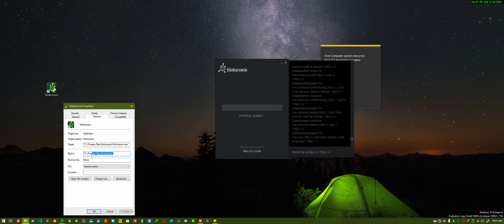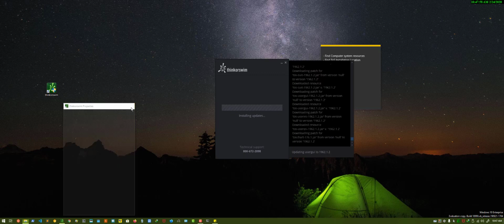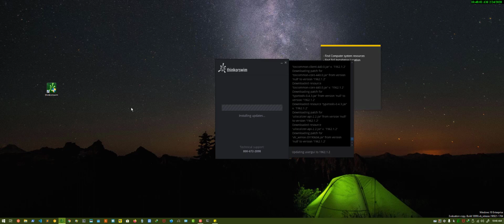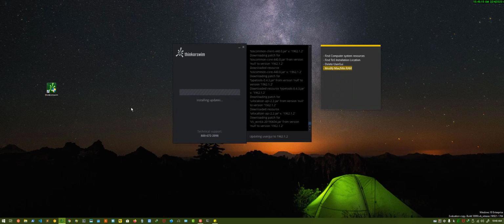Notice that on my other installation of Thinkorswim, it doesn't say x86, it just says Program Files. So I happen to have two different installations of Thinkorswim on my computer that I use for multiple different things. But I guess this is an old one. I don't know if you noticed some of the dates of the files that were in there. They haven't been touched in several months to a year. So once this gets done,